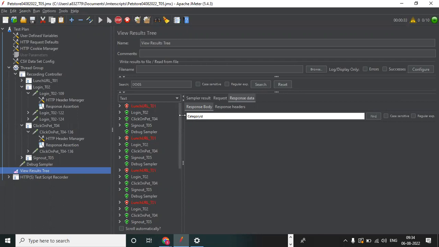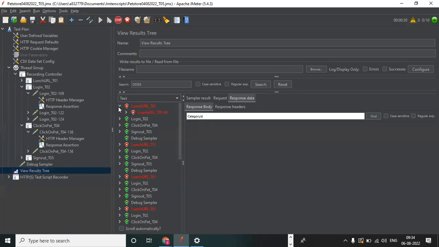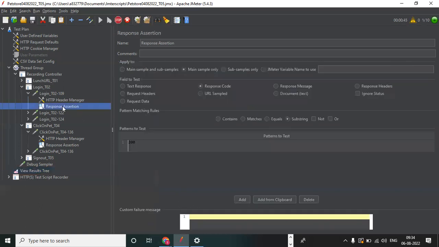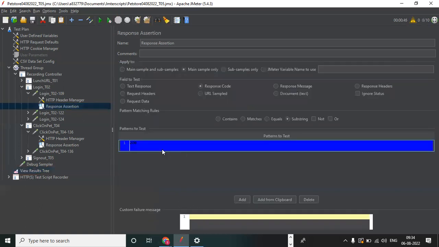In the same way, we need to create, like a different one also we can create. See, launch also it's failing. Why is it failing? Response assertion. Okay, we have not deleted that. Deleted, right? But